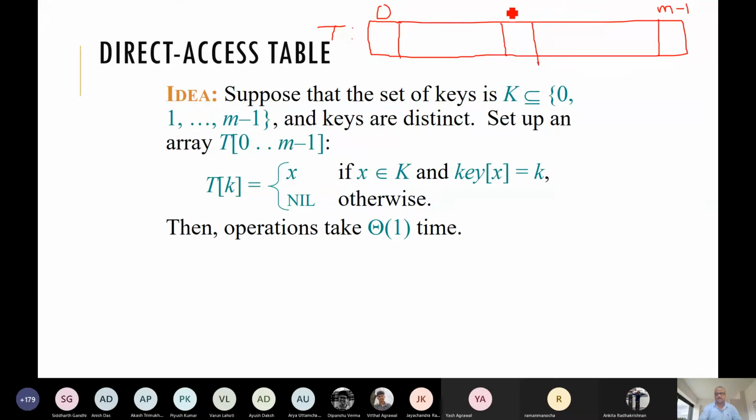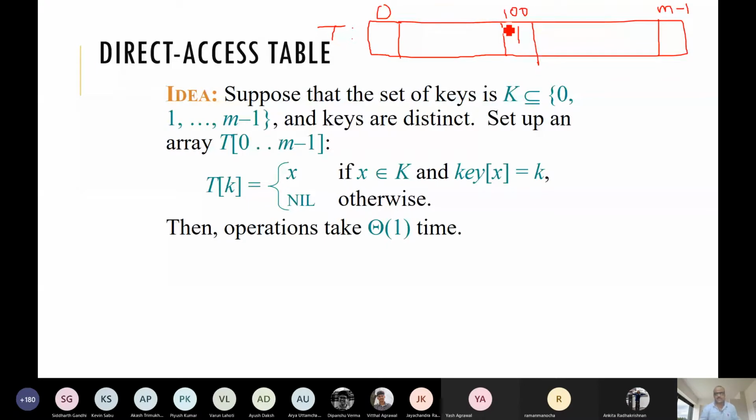If we have a record whose key is 100, we will put this field to be 1. So this is presence or absence. Very nice data structure, 0 1 bits. Just a bit vector, you can say. Just by a single bit we can represent the presence or absence. We put 0 if it is absent, we put 1 if it is present. Very nice data structure and very fast.